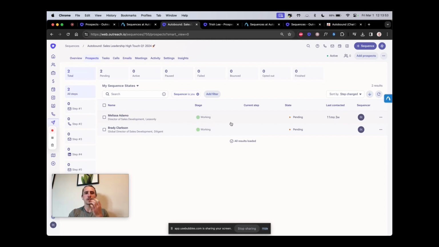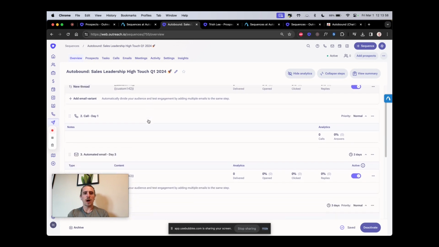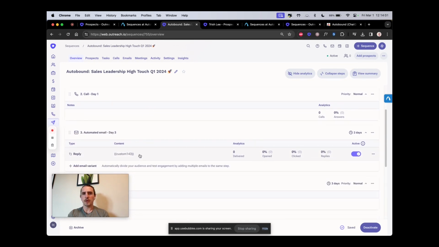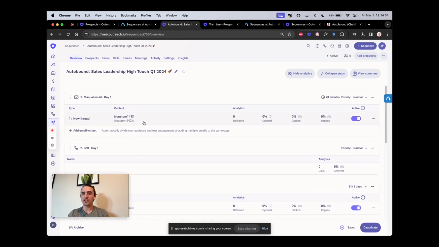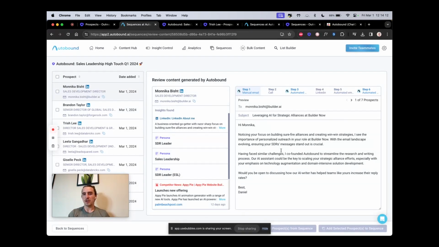My first step here was a manual email, so I'm now able to go execute those tasks. For automated emails, the content that we've pumped in is going to send out automatically. You could actually have every step in your sequence be automated and treat this content review phase as where we get all that personalization done at once: batching those prospects for approval, adding them to the sequence, and just doing this flow right here. There are 7 prospects, 3 personalized emails for each. That's 21 personalized emails I'm sending out instantly,